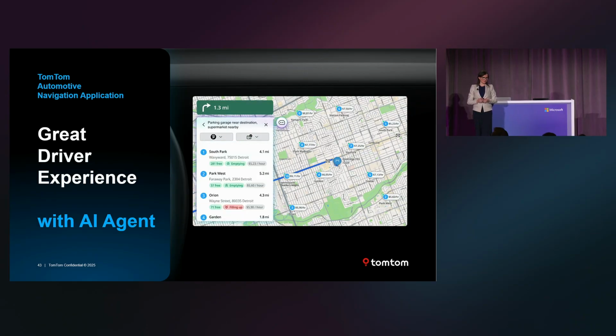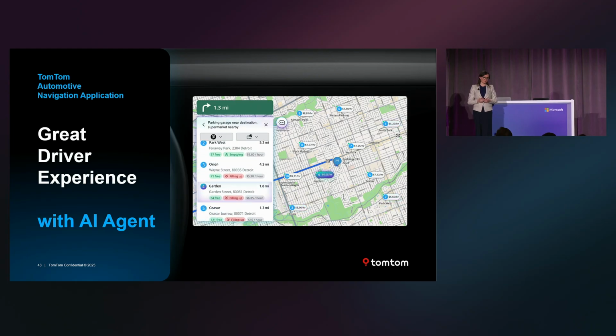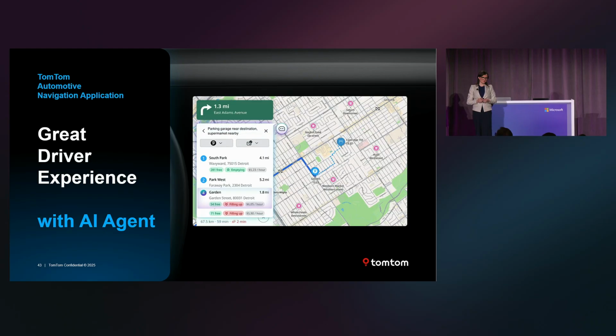Sure thing. Here are more in this area ranked on price. The top 3 are under $6 per hour. What's the cheapest one with the least amount of walking? Makes sense. Garden is the least amount of walking for the best price. All right, let's go with that one. Now let's find a supermarket nearby.